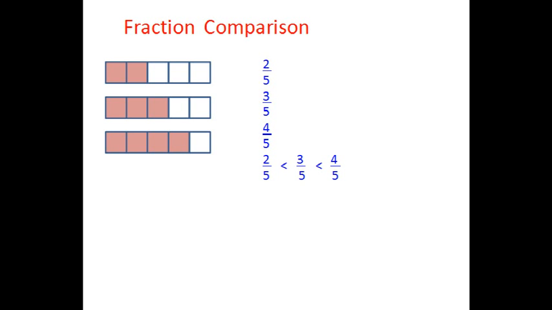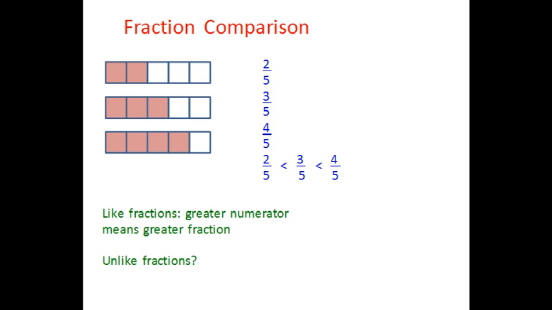It is easy to tell which one is bigger and which one is smaller because these all are like fractions. So like fractions are those where the denominator is same. That means you have divided the object into equal parts. So when you know the numerator is greater, then the fraction is greater because you have selected more parts. So it is easy to tell which is bigger and which is smaller for like fractions.